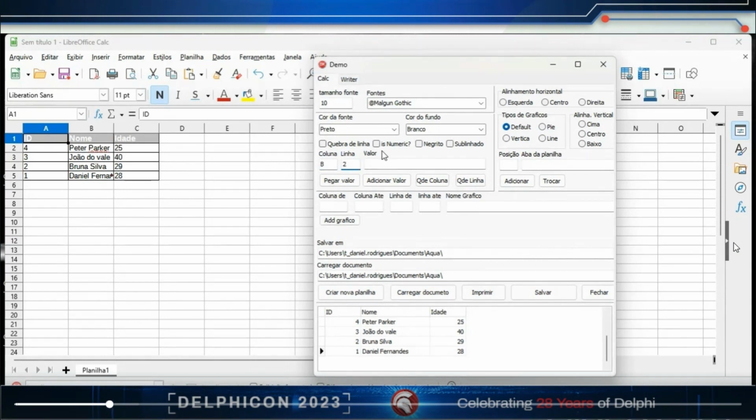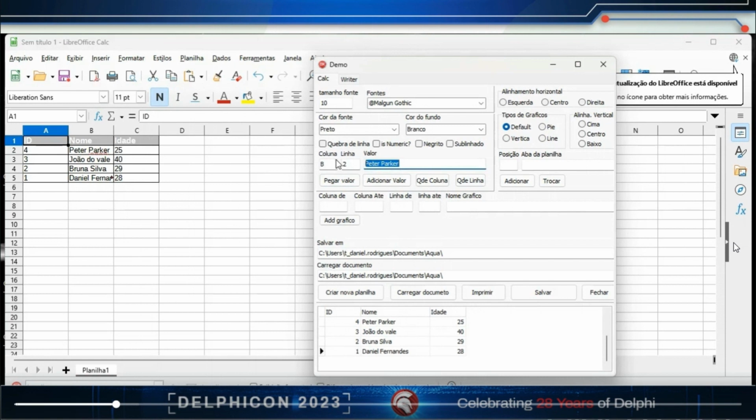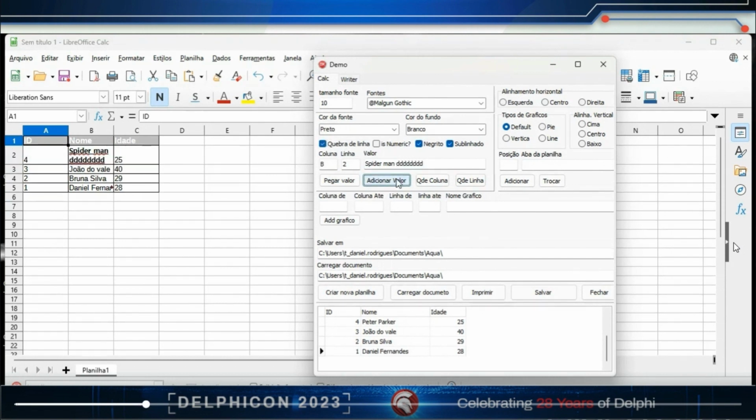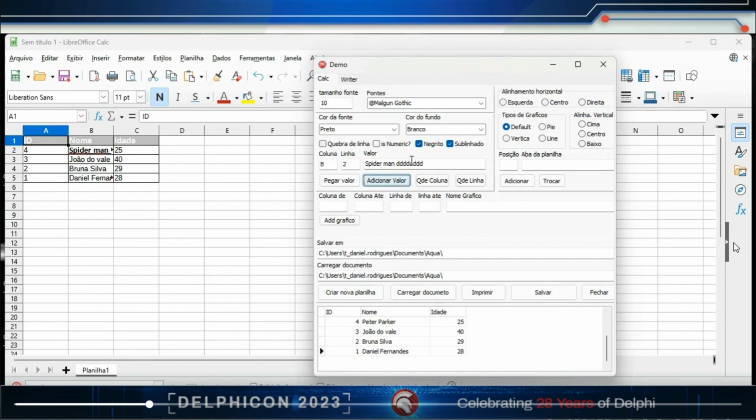In cell B2, I found the value Peter Parker. I want to change the value that is in the column. I will put his secret identity, Spider-Man. And add value, I will put it in bold, now underline, with the line breaks. I will add more text to show the line breaks without the line break. And add value, change font color,